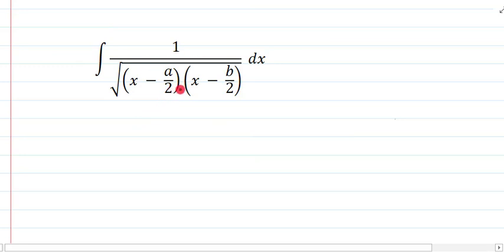So here is the next question on your screen. You see in this question, in numerator we are having a constant term and the denominator is a quadratic polynomial but given in factorized form. I want to add one thing over here: if it is in factorized form and if the square root sign is not here, then we can simplify such type of problems by using partial fractions as well. That I'll explain in my later videos.